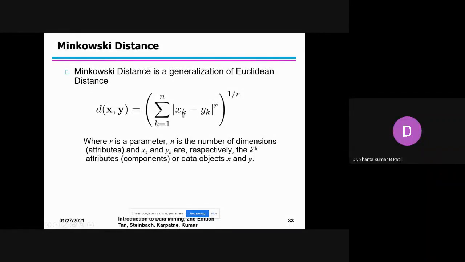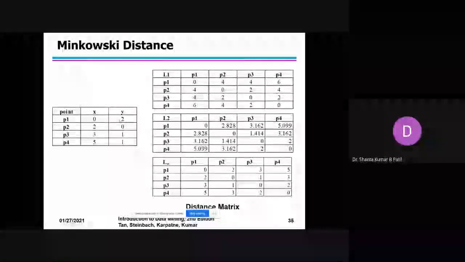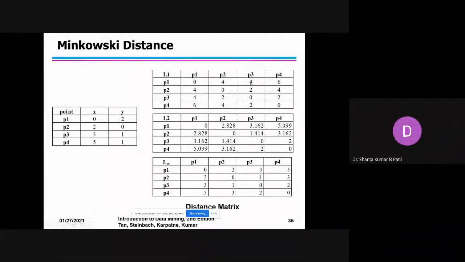So first, you take the x value of P1 and the x value of P2. Yk means the x value of P2. So you can get the 4. Like that, P1 to P3: subtract the x value of P3 from the x value of P1. It is a -3. The magnitude of -3 is again 3 only. And 2 minus 1 is 1. So 3 minus 0 is 3, and 3 plus 1 is 4. So this is how we can obtain it.